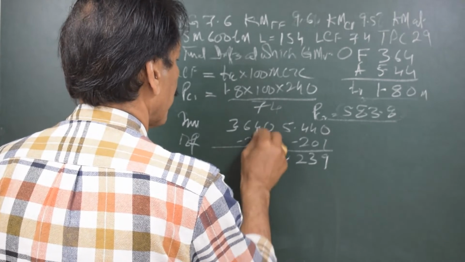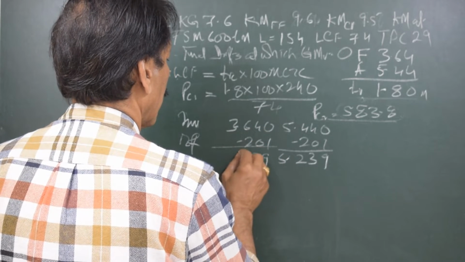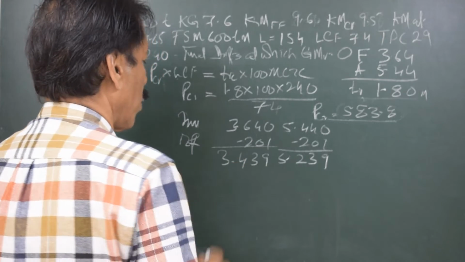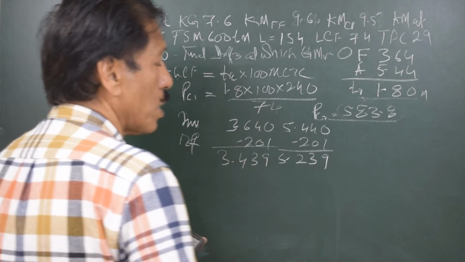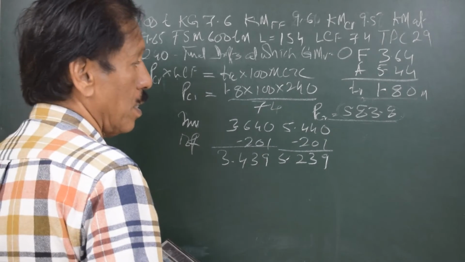So the drafts become 3.439 and 5.239. Now the trim change would be the same as the initial trim, because we assume that the declivity is zero,